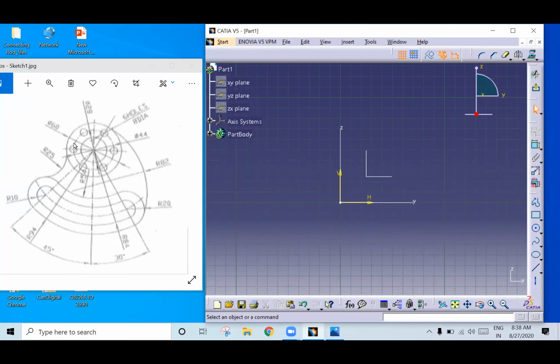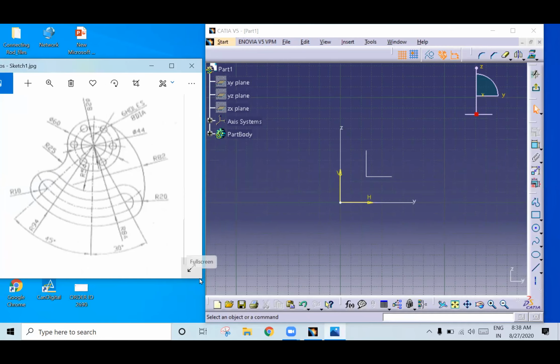I will show you how to do this. Yes, sir.